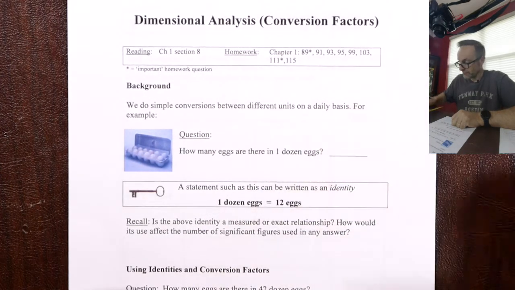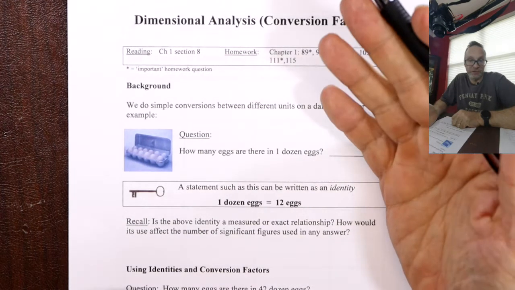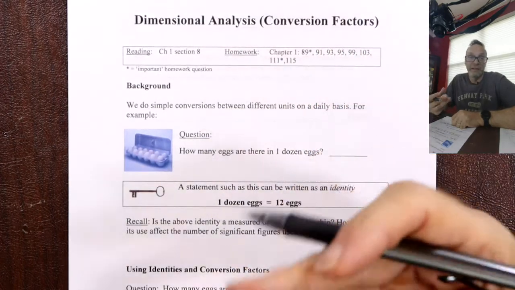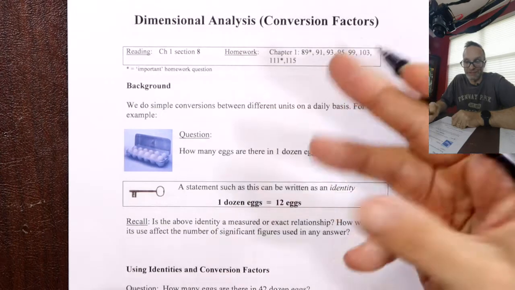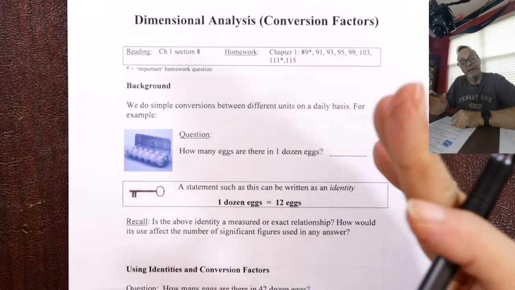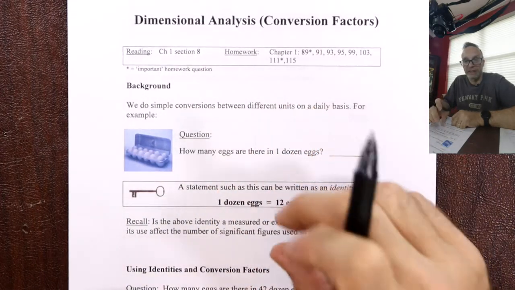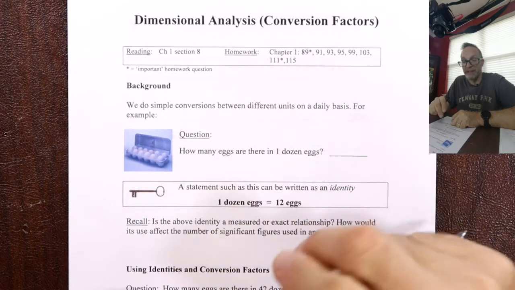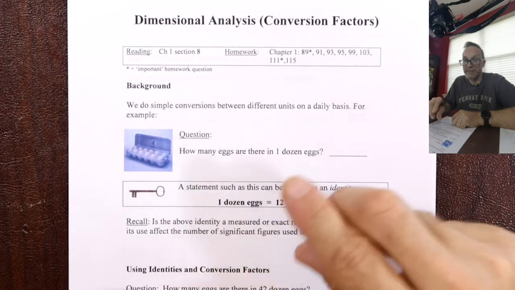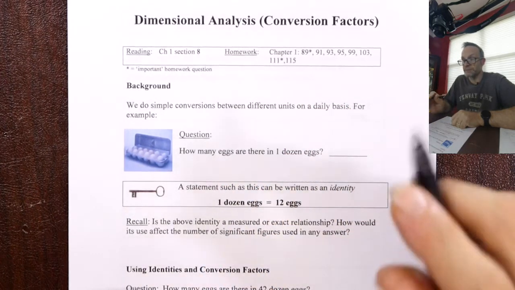So conversions, let's talk about that. You do conversions every day. You do them in the supermarket all the time. Apples, $4 per pound. How many pounds can I get for $12? That kind of thing, right? So simple supermarket math in your head. All we're going to do is just formalize it, put it down on a piece of paper mathematically, and then once you understand the math behind it, even the easier ones, you can apply that same exact procedure to the harder examples, okay? All right, so